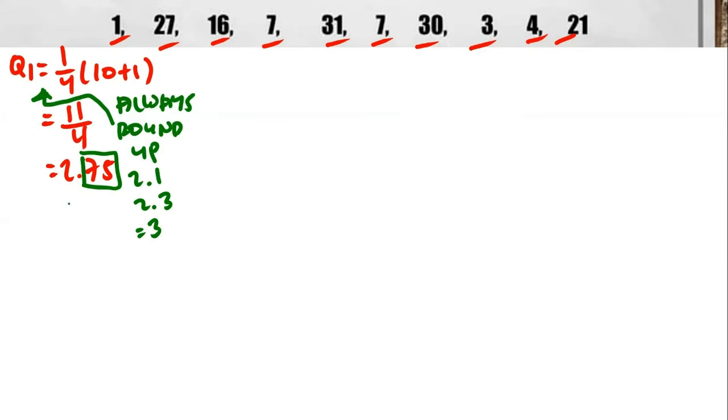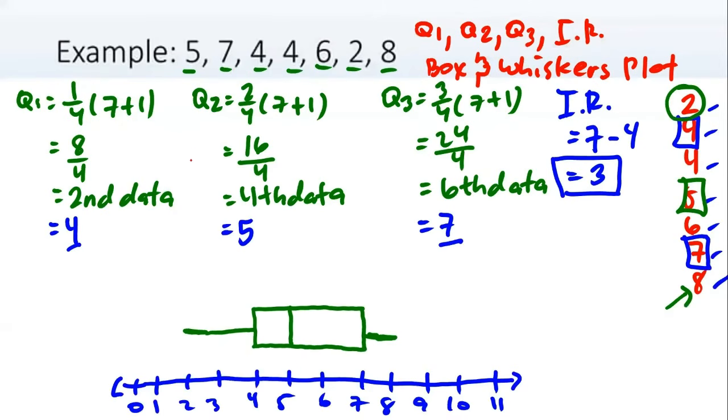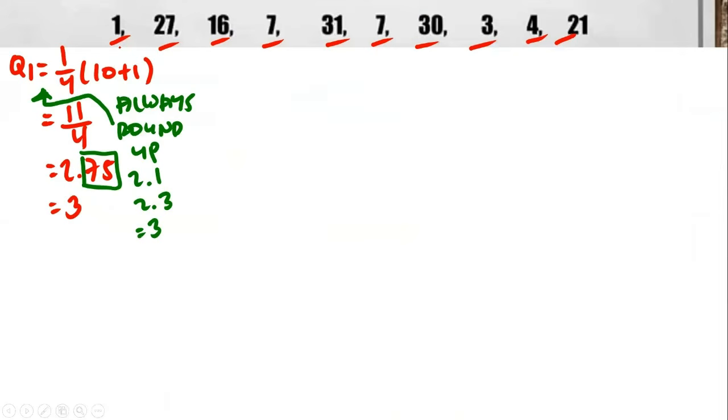Okay? So, ang sagot natin sa 2.75 ay 3 kasi always round up. Hindi ko pinakita ito sa kaninang example kasi wala naman tayong decimal yung 2 natin. Okay, so 3 ibig sabihin lang niyan na yung Q1 natin ay nasa third